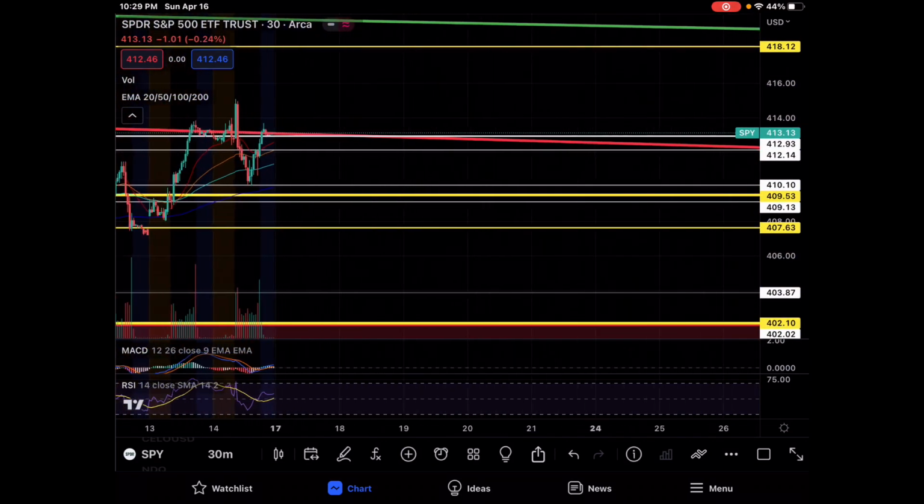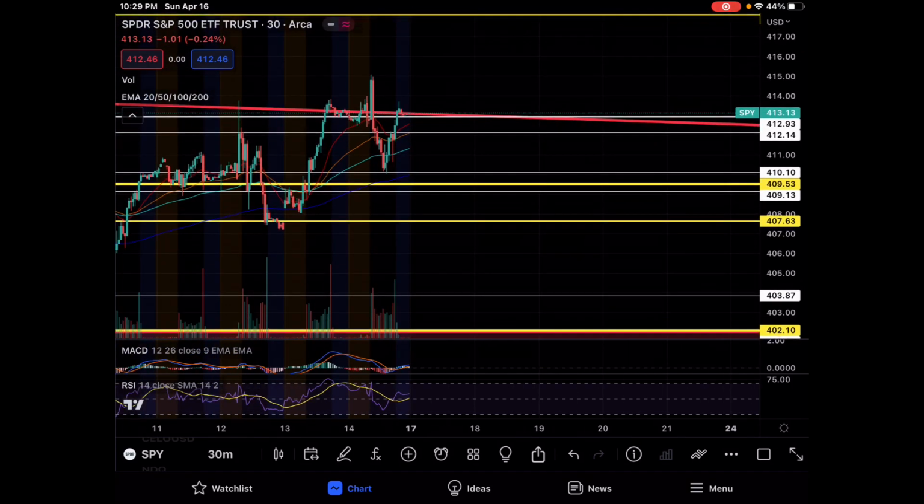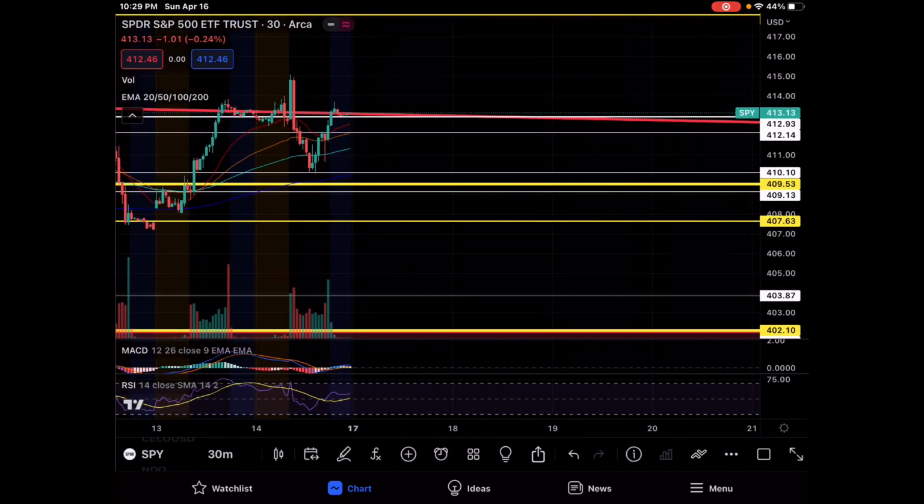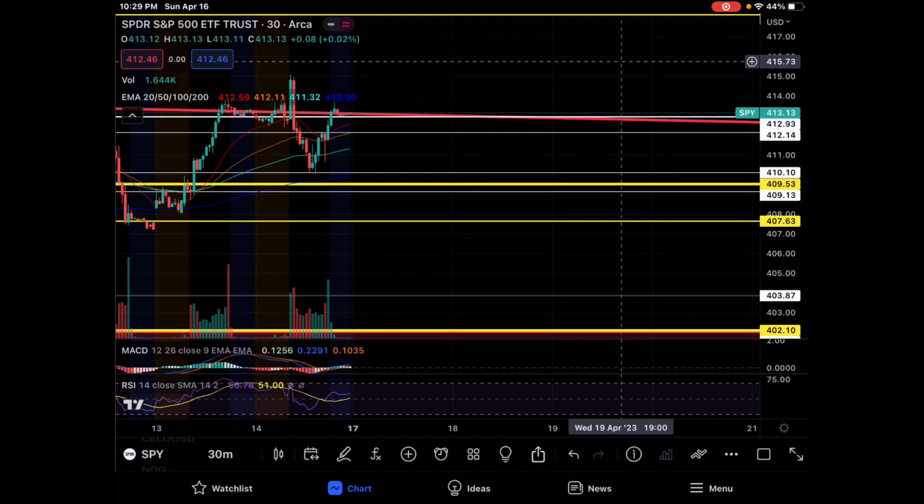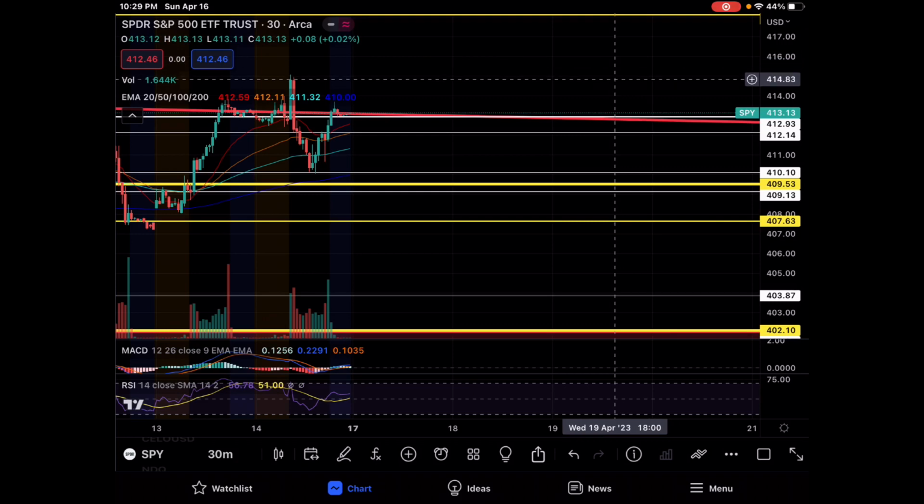So it could be tomorrow that I think my opinion for tomorrow more than likely is that we are going to continue to chop around between the 410.10 and roughly the 414.83, and with a possibility of a quick move down to the 407.63 to fill that gap,